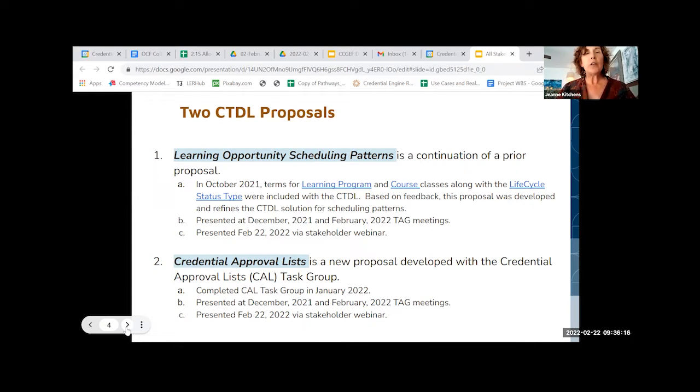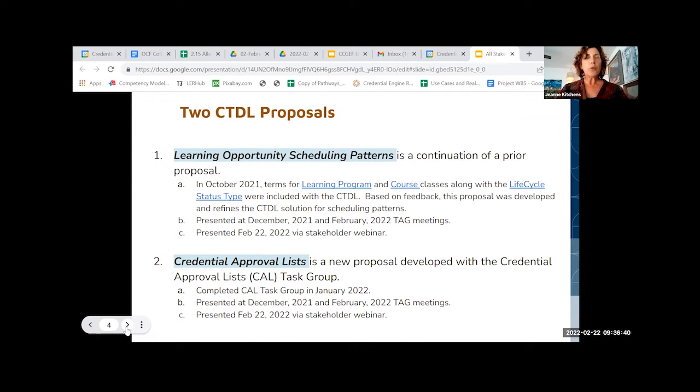What you're going to see today is what came of that feedback and that work, which has been presented multiple times now, even prior to the December TAG meetings that you see here on the slide. Today, this is the stakeholder webinar, so it's the last big information sharing session that we have in the process.